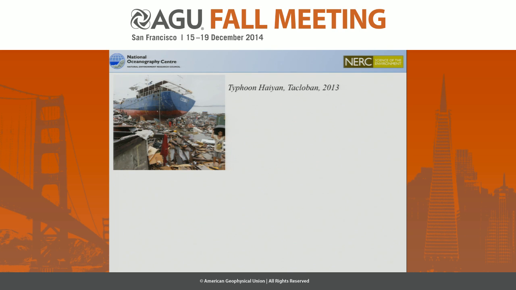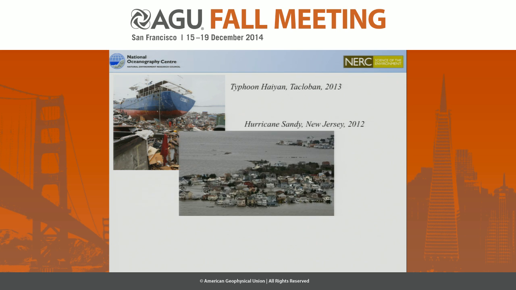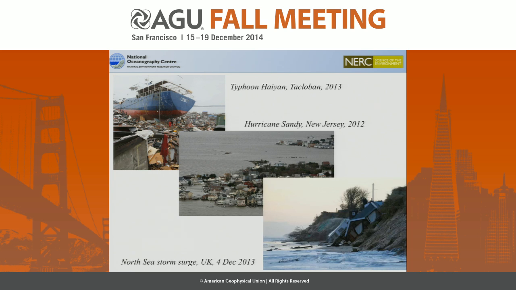And just when we think we're beginning to understand those factors that give rise to extremes, every year there seems to be some example, and this is just to add to Thomas's list, every year there is an event somewhere in the globe that reminds us that we need to better understand the extreme sea level in order to provide some predictability, in order to provide some protection. So there's the results of Typhoon Haiyan or Yolanda in Tacloban last year. This is a picture of the New Jersey shoreline following Hurricane Sandy in 2012. And these were the events in the UK in the year 2013, about a year ago today, where we had